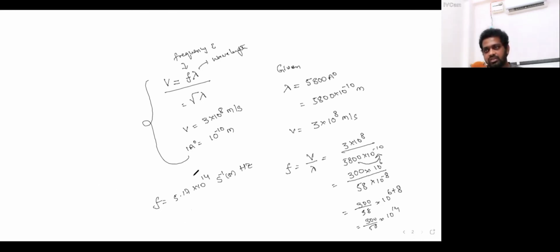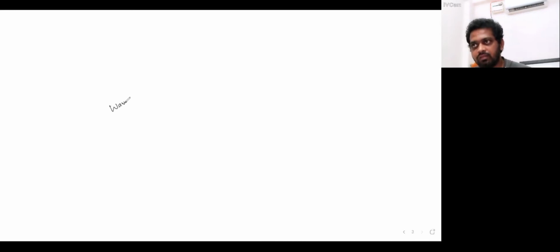And one more question also I will add to this problem. So the wave number we are going to find out. Wave number is nothing but the reciprocal of the wavelength. Wave number is equal to the reciprocal of wavelength. It will be 1 by